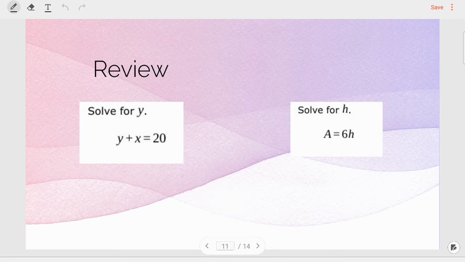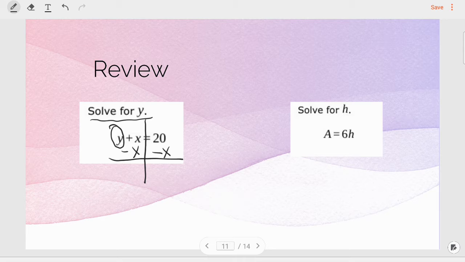Okay, to review, how do we solve these literal equations? Remember, we look to see what it asks us to solve for. This says solve for y. I identify that in my equation. I like to circle it so I can see where it is physically. I draw my line of balance. After I have those two things done, I ask myself, how do I undo what's going on in this equation? It says y plus x. So I need to undo the plus x part. So to undo the addition, remember I do subtraction, so minus x,